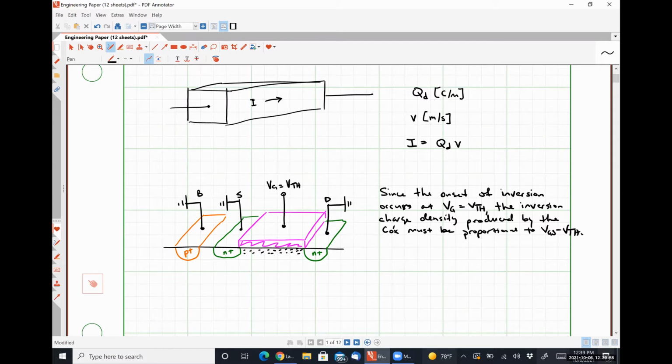So effectively, what that sentence says is that